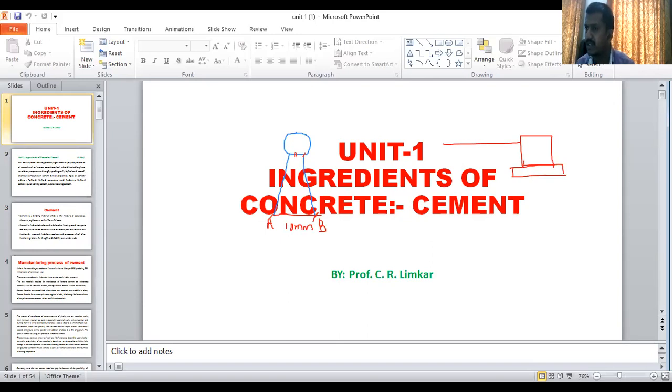You have filled the paste. Now what you are going to do, after filling up the paste up to this level, I will use that color of mortar, maybe if I'm having